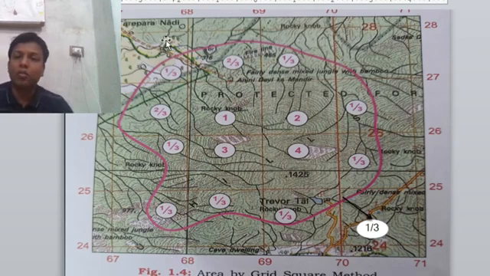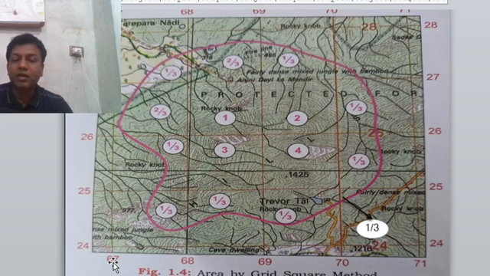Dear students, this is a topographical map. As I told you in that video, this is the vertical line, and it is called easting. And this is the horizontal line, where 25 is written here. The horizontal line is northing. So start from here. Easting 67 and northing 24. And 67 is from here to here.